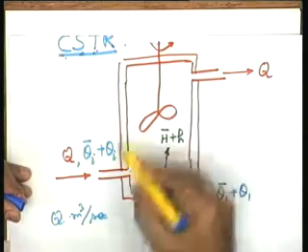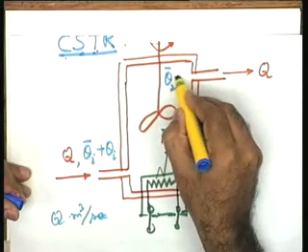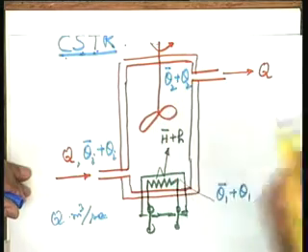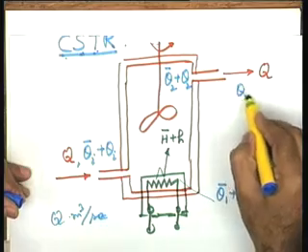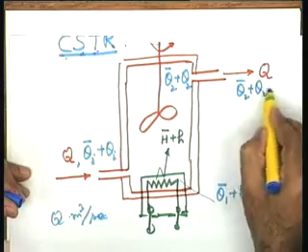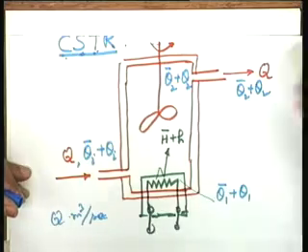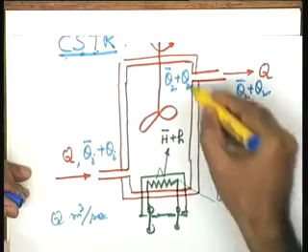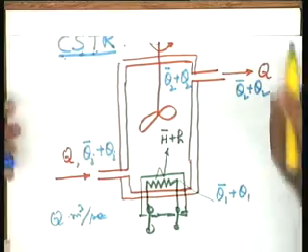Now, as far as the liquid in the tank is concerned, I assume that its temperature is theta 2 bar plus theta 2. So, it means exit temperature is theta 2 bar plus theta 2, assuming that there is no change and uniformity of the temperature has been assumed. This is the exit condition, this is the condition within the tank, this is the inlet condition and this is the heater position. And the purpose is to write the dynamical model for this particular system.